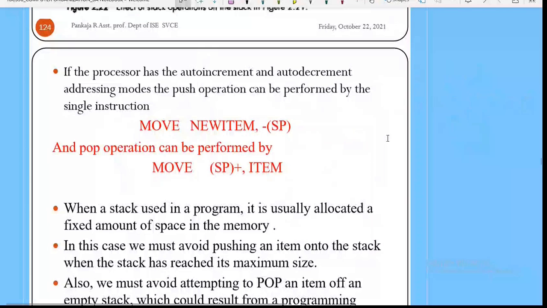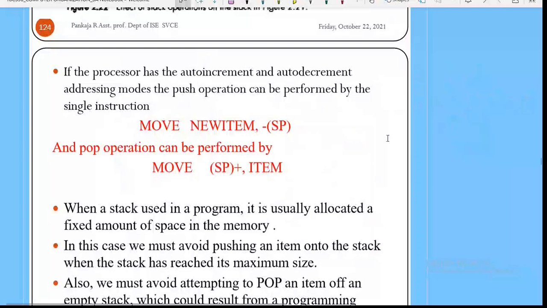In place of writing two instructions, you can just use auto decrement and write it in a single line. Similarly, for this you can use move item.